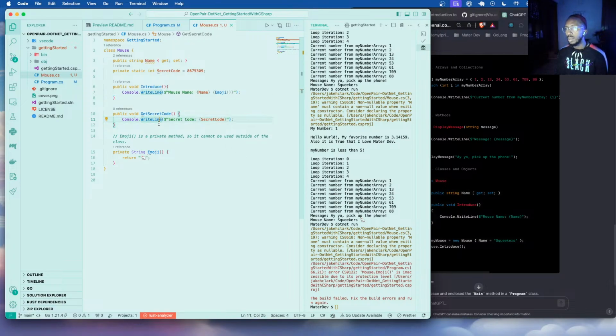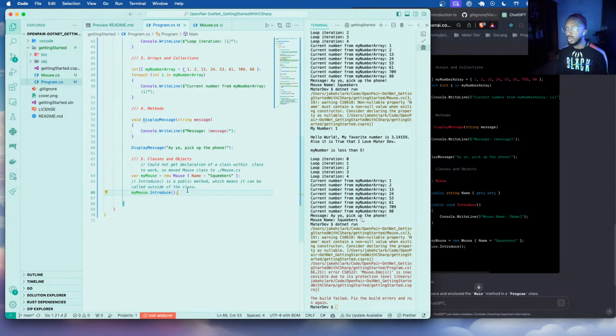Okay, so we can call this method to get this private value. Oh, we forgot this part here. Okay. So now we can do my mouse dot get secret code,